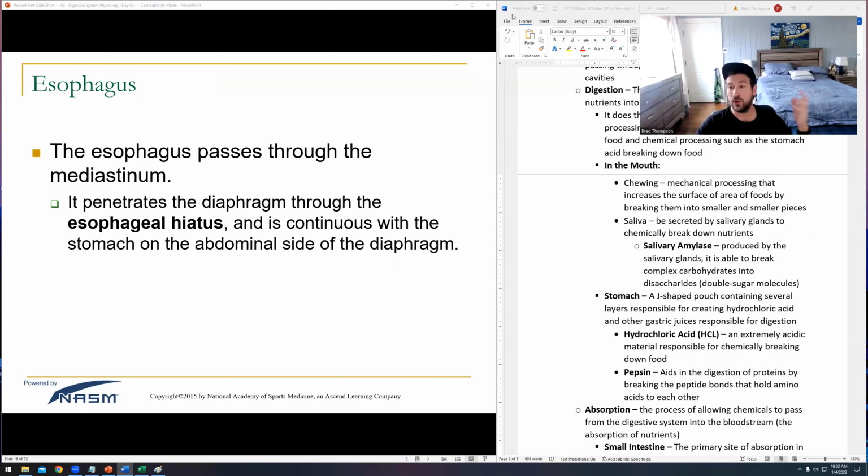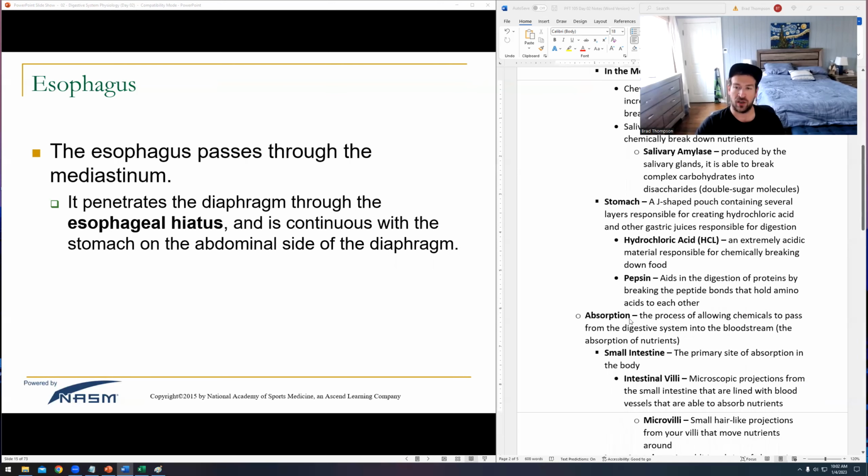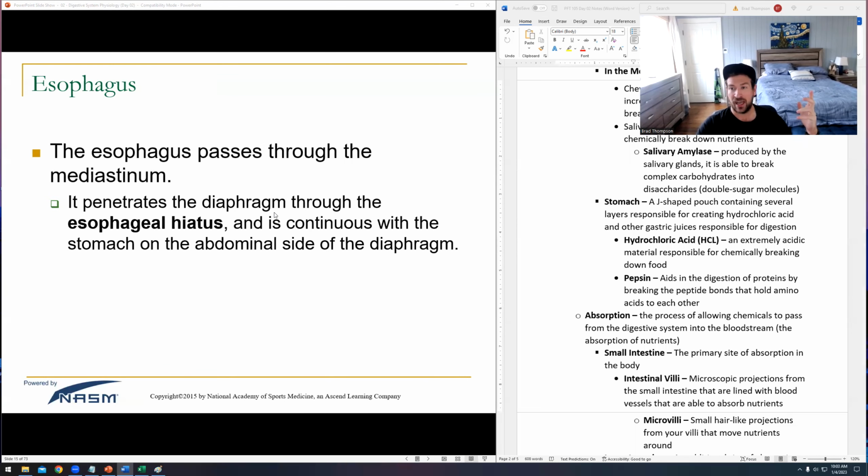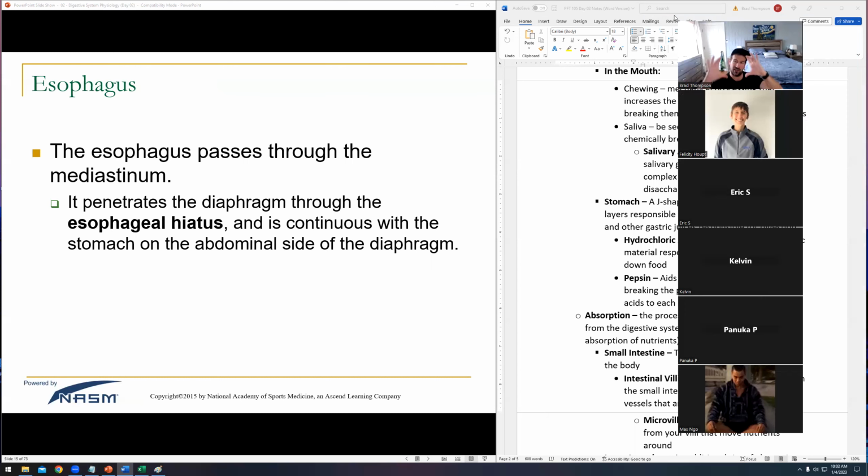So then you're going to move food from your mouth into your esophagus. That's the tube that attaches to your stomach. So it'll move into there. There are some sphincters there. Sphincters basically are nothing more than a hole that closes down and can open back up. You know, in sci-fi movies,